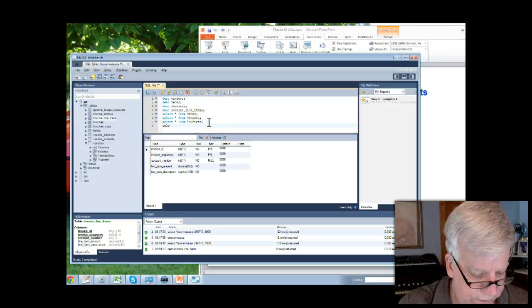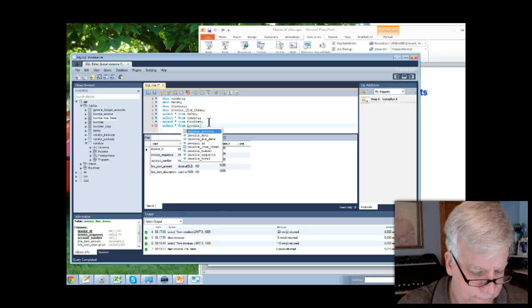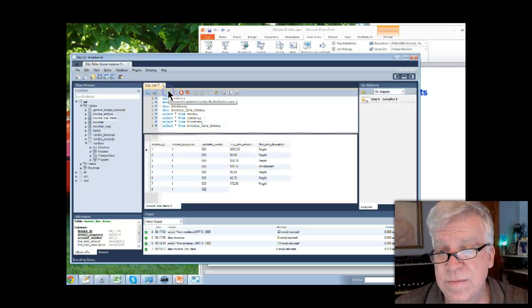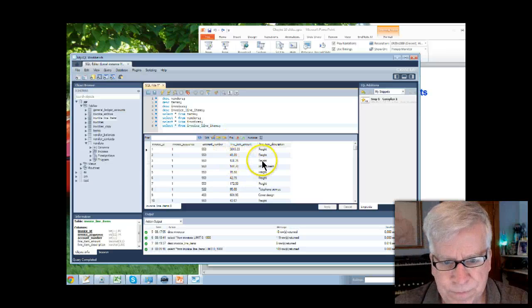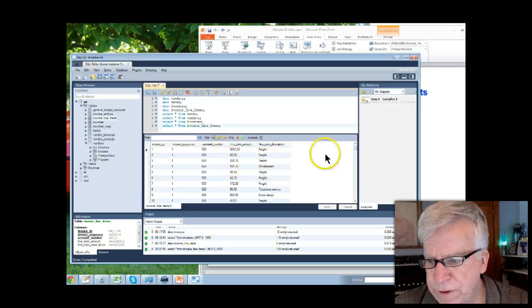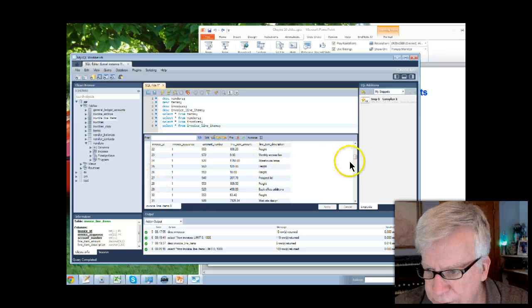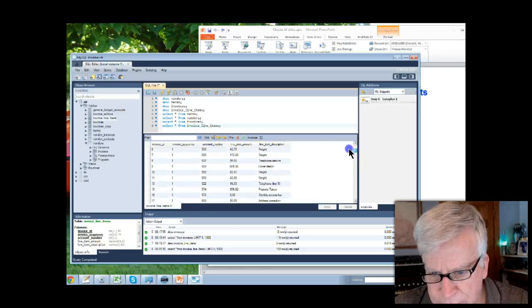So if we go select star from invoice line items, we see that we have the invoice IDs, the account number, the line item amount, and the line item description. And so we see the information and it relates back. So right here, let's try to find something that is more line item amount, invoice ID,